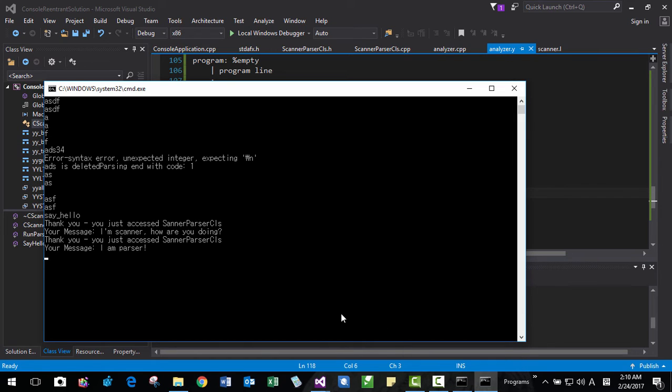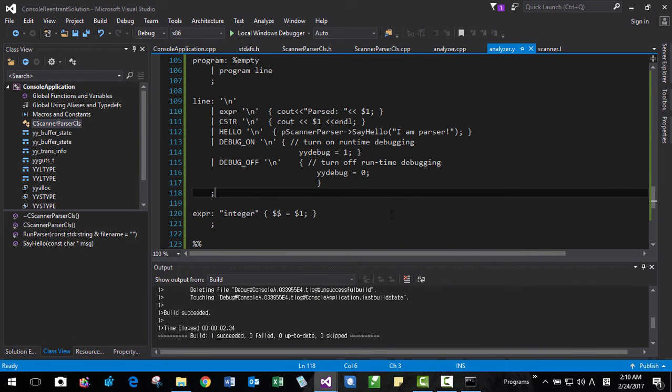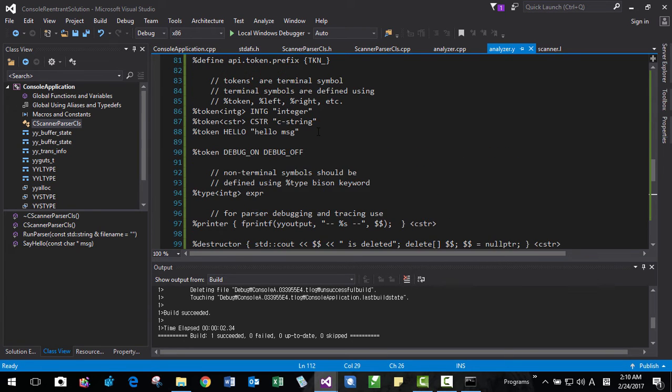You understand the order. Thank you. You just accessed scanner. The point is that we can access our class in Lexer, in